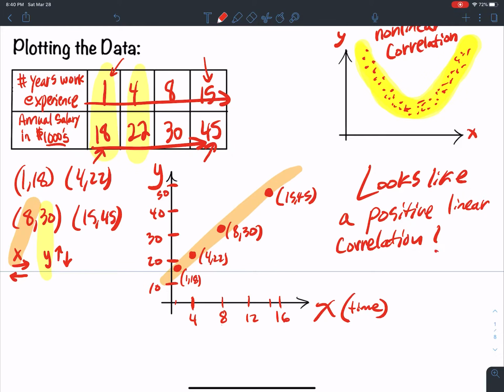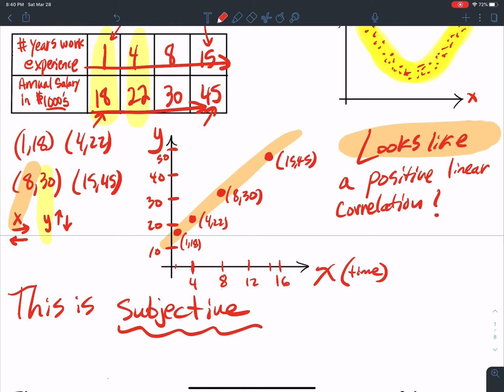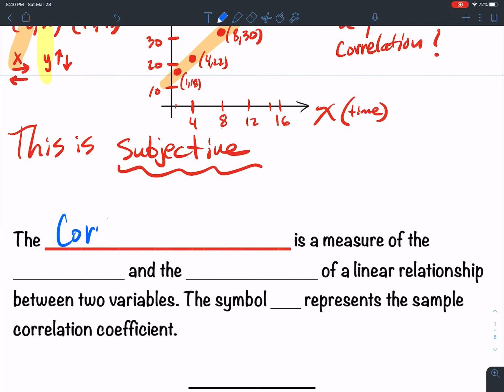Okay? Now, what it looks like is very subjective. It may look linear to some people, it may not look linear to other people, right? So we want some mathematical way. Instead of saying it looks like a positive correlation, we want to say here are the numbers that say it's a positive correlation. That way we don't have somebody trying to manipulate the truth, okay? So the correlation coefficient